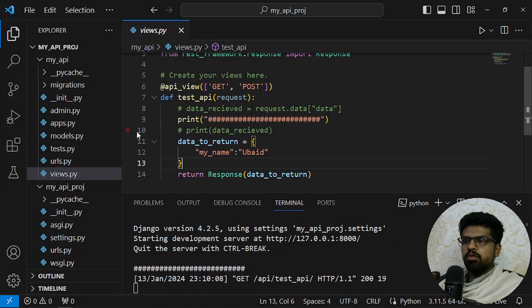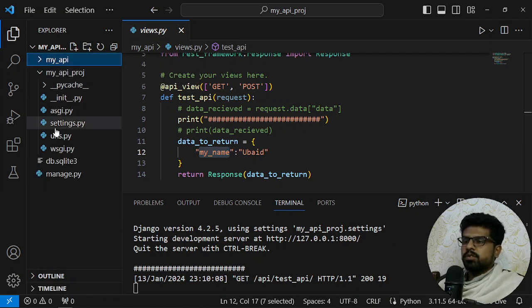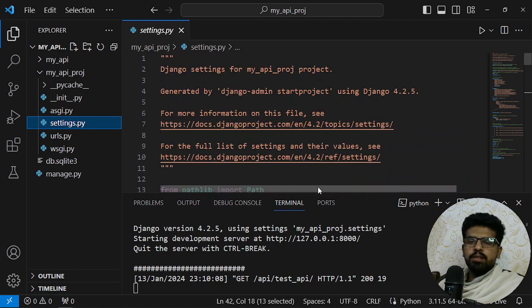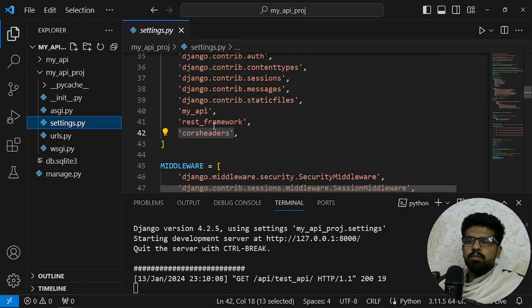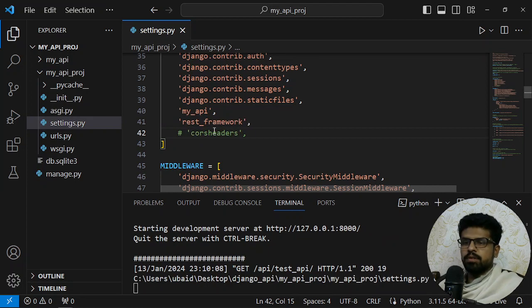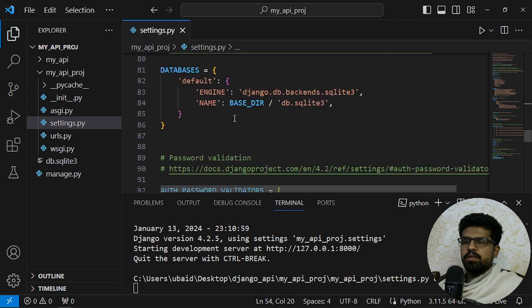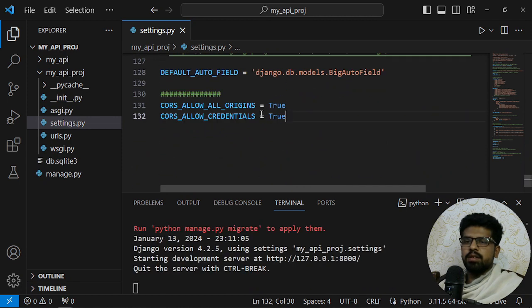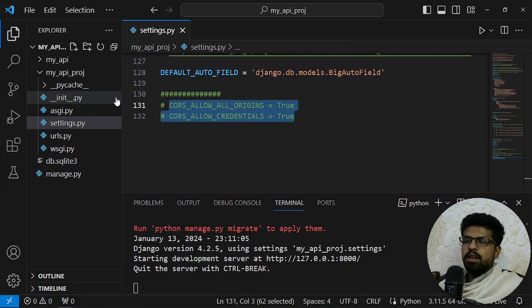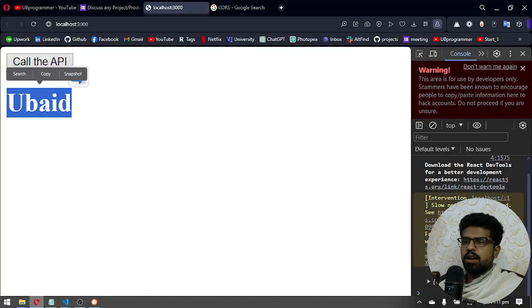Okay, so let's assume that you don't know about CORS and you have created an API which is sending some response to any request it is accepting, right? I will uncomment some lines here which are for CORS. This one is for CORS, this one is for CORS, and in the right section here I have added something for CORS. If I just remove these lines, now I do the same thing,